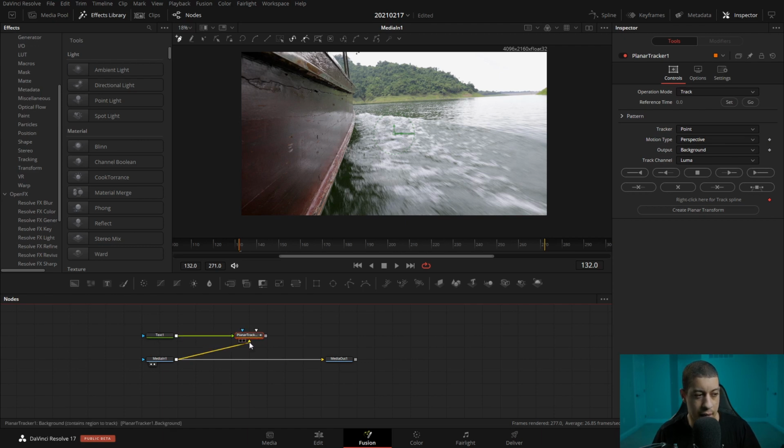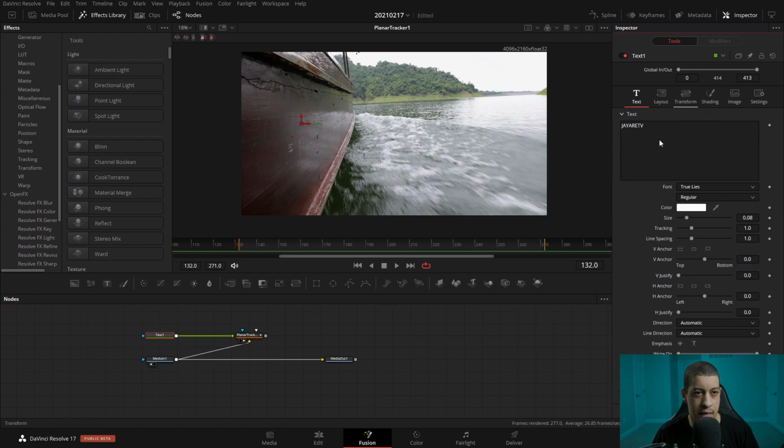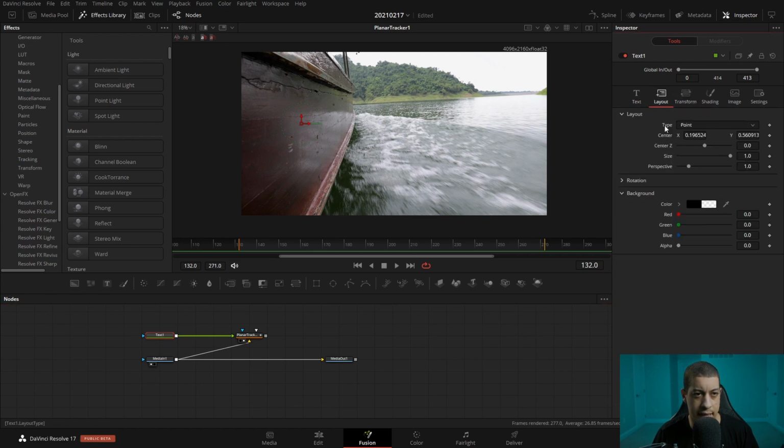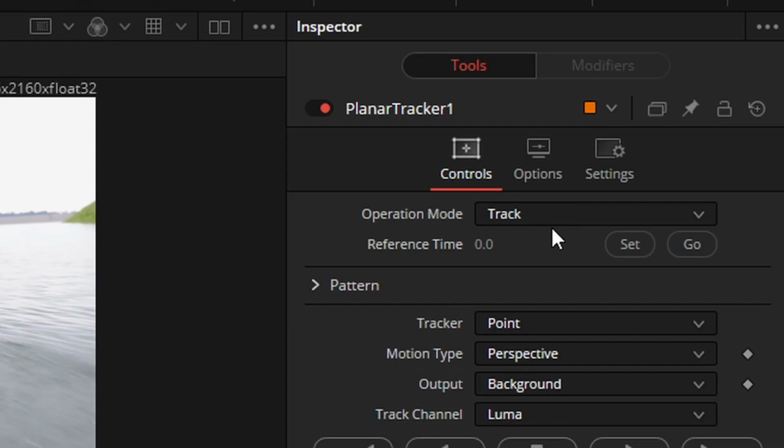So the video is going to be the background, and then the green is going to be the corner pin image. So now if we view this here, we're not really going to see anything. I'm actually going to come back to my text and come over into transfer layout and reset this just so we can see here. All right, and now in this planar tracker, I'm going to come into track,